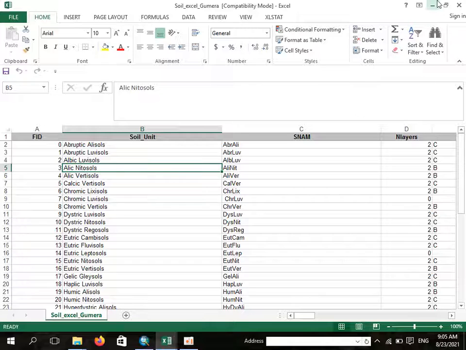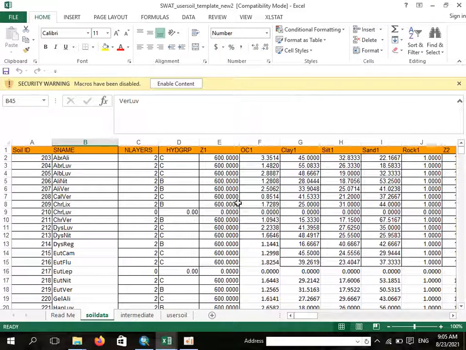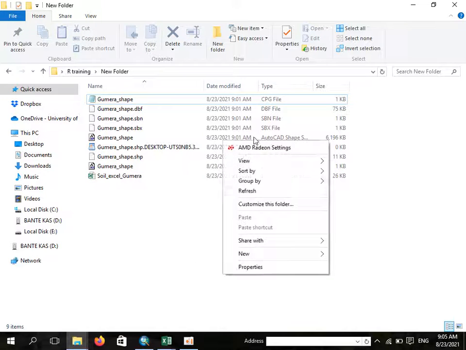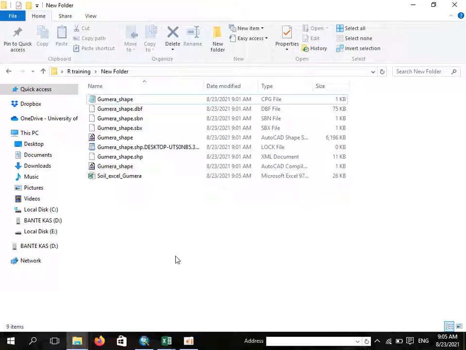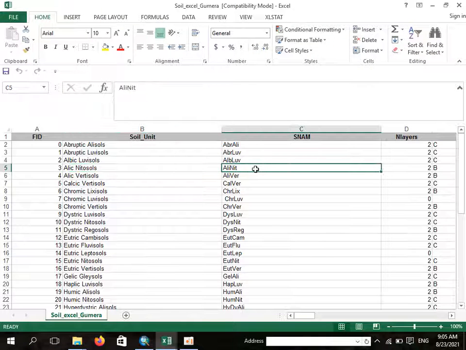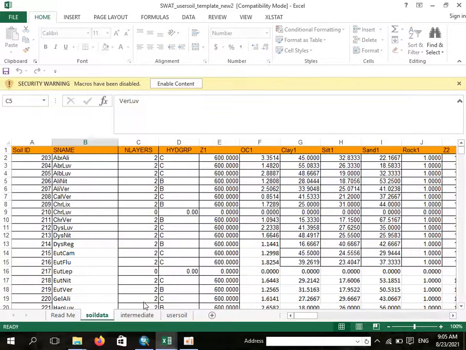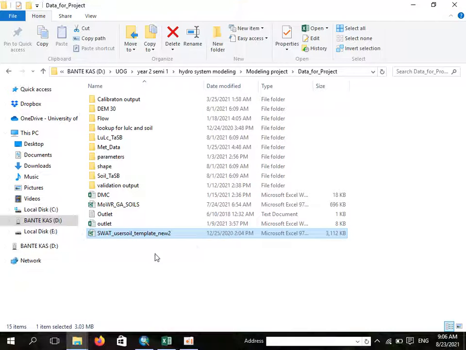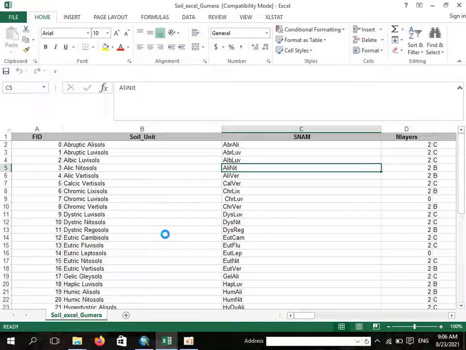Basically, this is the soil type that we have converted from the attribute table of the Gumara shape. Now this soil type data should be adjusted using a macro. Okay, I hope there is a macro which is called SWAT user soil template. SWAT user soil template. If you open this one,